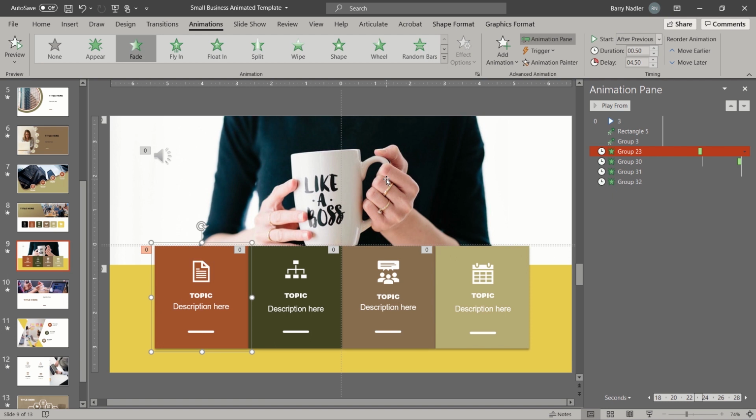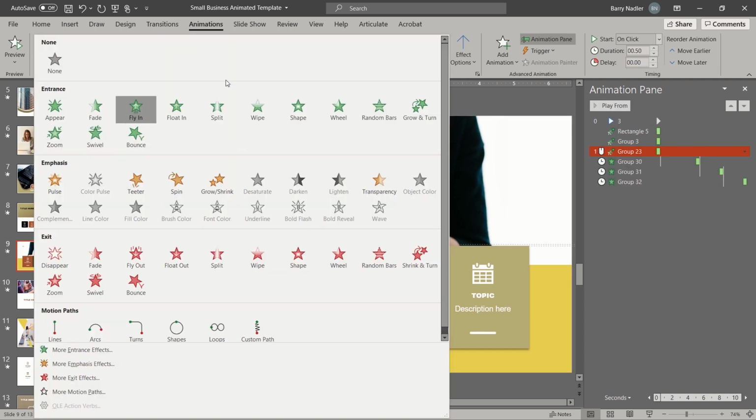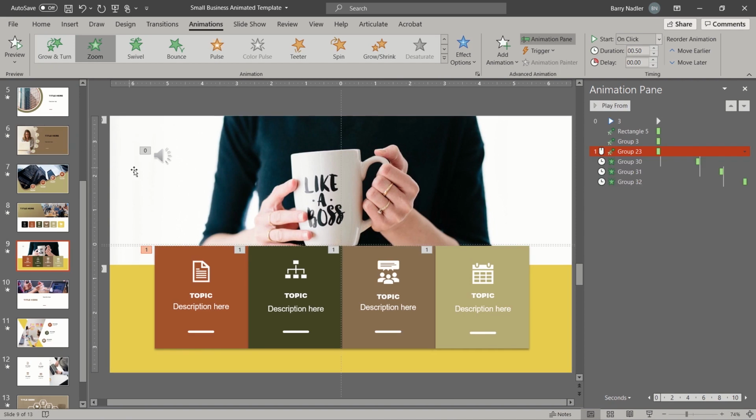Now you saw that these were going to come in with a fade. See that here in the animations tab. What happens instead of a fade? Maybe you want them to come in like that, or maybe you want them to zoom. How do you adjust that? Well, you can change it just like I just did. But notice what happened here. All of a sudden it changed. Now it's an on click again. So you have to pay attention to that, and you have to go and change it to after previous again. So now if we play this,